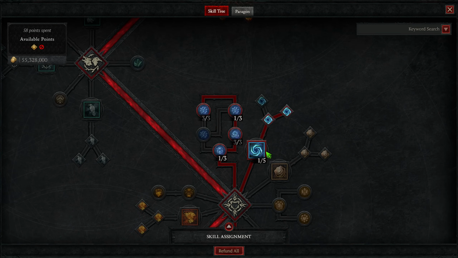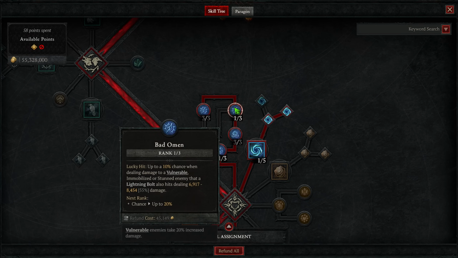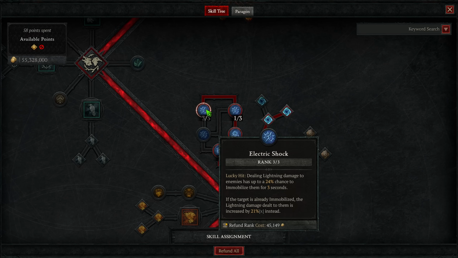3 into Endless Tempest, so Hurricane is active more. 1 into Bad Omen, which is just another lucky hit that does some damage, primarily to get Electric Shock. This was buffed. It's a lucky hit that has a chance to immobilize enemies for 3 seconds, and if the target is already immobilized, lightning damage dealt to them is increased by 21% instead, so we'll do massive damage to